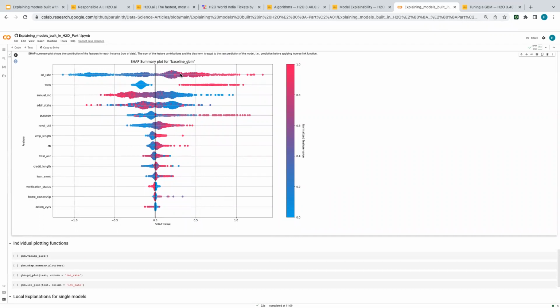So we can say that as the interest rate increases, of course, like here. Firstly, from this plot, we can see that interest rate and term have a higher impact on predicting whether a person is going to default on the loan as compared to other features, right? So people who have a higher interest rate